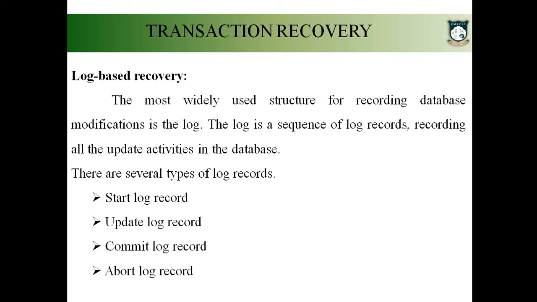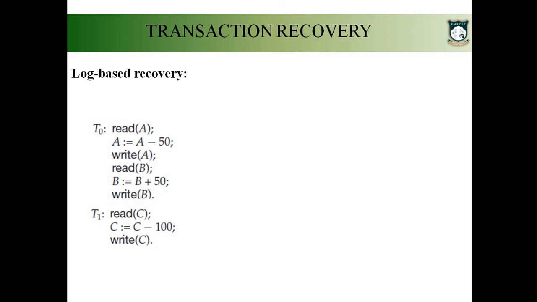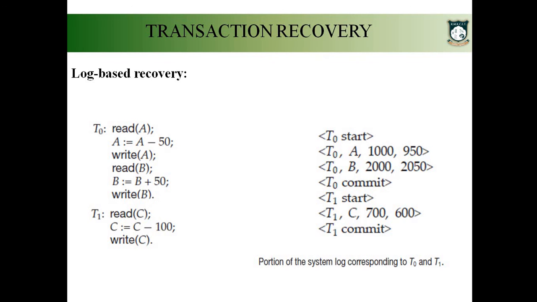Now you can see here, we have transactions T0 and T1. When you execute these transactions one by one, you are also storing equivalent information in the log file. Every piece of information in the log file is referred to as a log record. So for every instruction you will be storing an equivalent log record. Whenever you execute read A, you are recording this information in the log file: T0 start. So what does it mean? It means that T0 has started its execution.